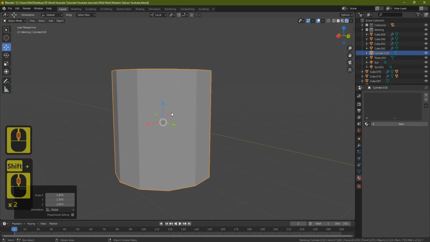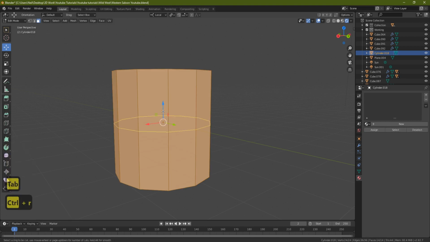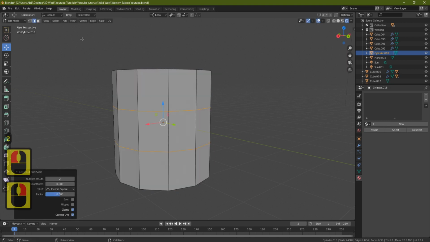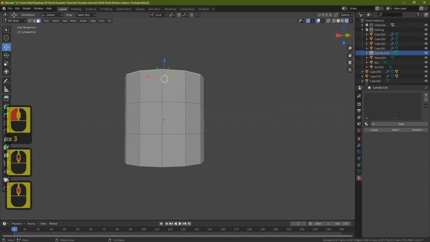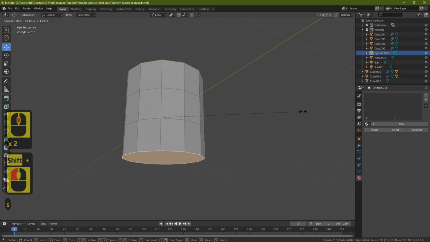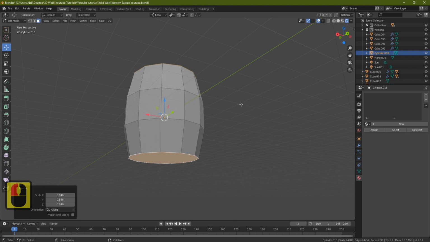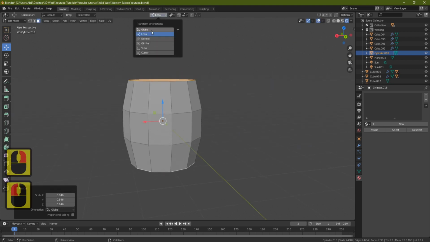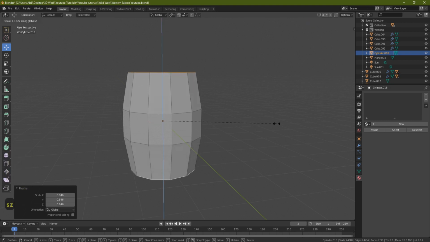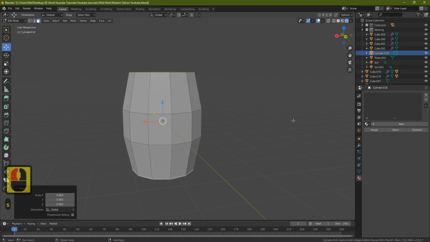So the first thing you want to do is press Tab, Control R, 2, left click, right click, and then just keep those more or less in the center. Actually, you should end up with it looking okay, and we'll manipulate this as we go along. So we're going to grab the top and the bottom, press the S button, and you can see already it's so easy to get the shape of a barrel. So S and Z, let's put on global, set this to medium point, SZ, pull it out, and then manipulate